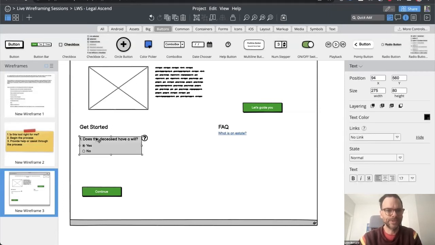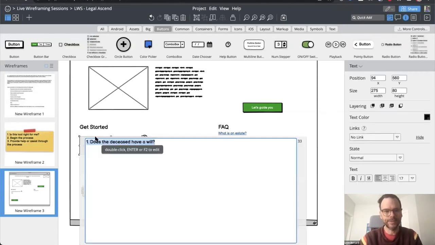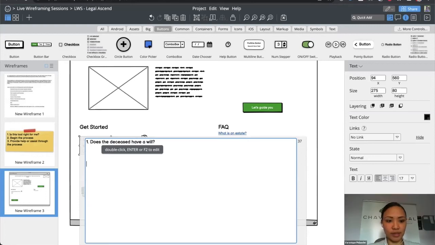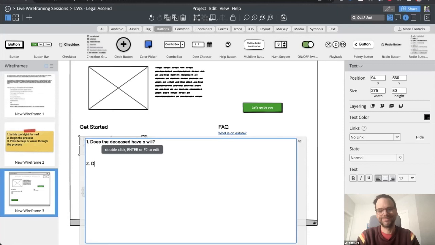And then, what was the second question you said about the estate? Or what would be another important question? Yeah, the critical question is, would you say, do you know the value? Basically, do you know the value of the estate?